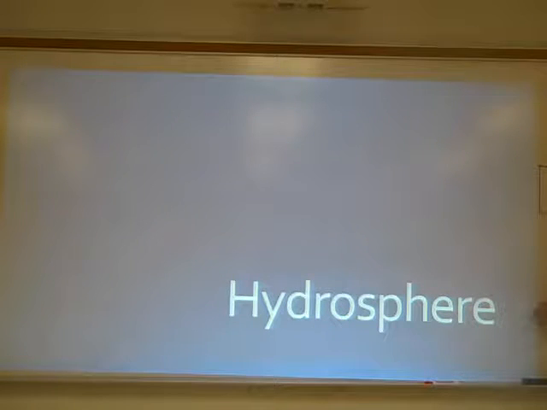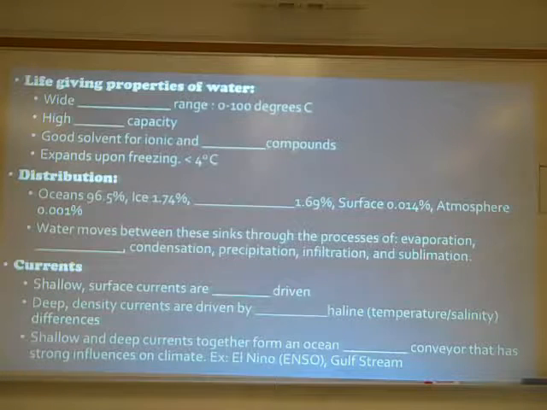But the primary one, the main thing that makes the Earth inhabitable by species, is the presence of a large amount of liquid water, and we call that the hydrosphere. So one of the things about water is it has certain very unique physical properties, and this is helpful in two ways. One of the things is that these properties make it ideal for life, for cellular function, and then the second thing is that it makes the Earth physically habitable because water is such an excellent carrier of heat, and of course it's a liquid, so that